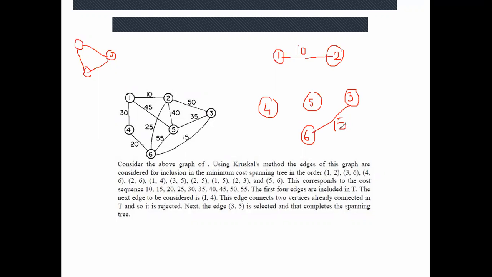No, ma'am. Okay. Next, Palvi, can you unmute? Yes, ma'am. Which edge do I have to consider? The ones you have sorted, you have to consider the edges in that order only. What is the next edge? Ma'am, 4, 6. After 1, 2 and 3, 6, the next edge is 4, 6. Okay, what is the weight of that? 20. So I am going to add that over here. Is it creating any cycle in the spanning tree? No, ma'am. So I will take that.